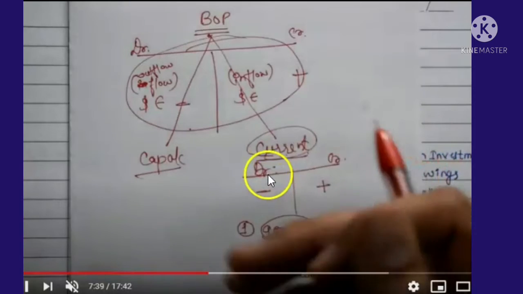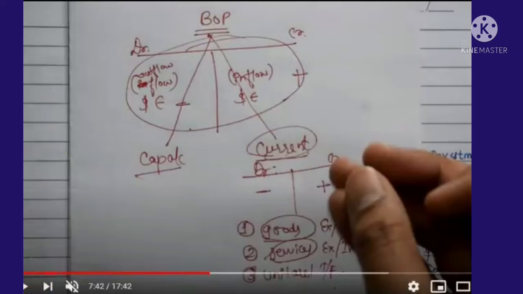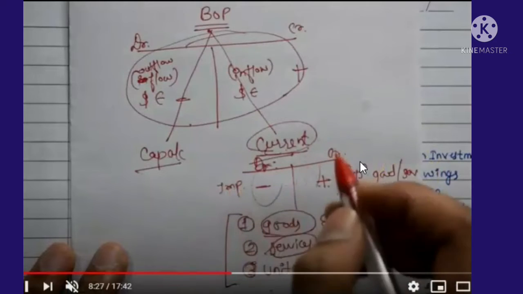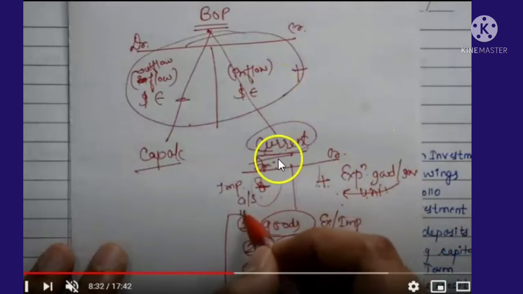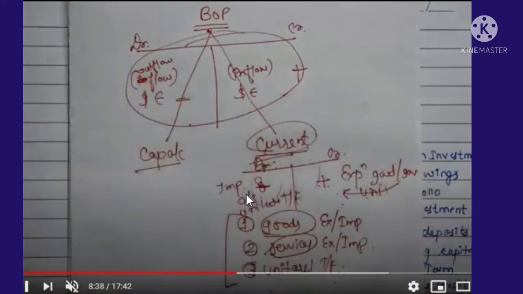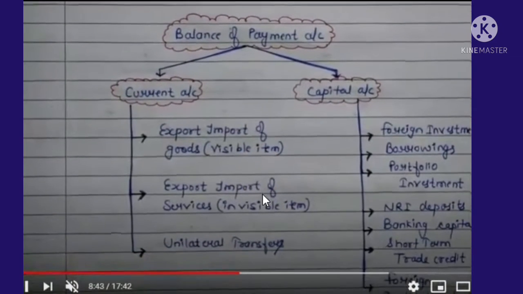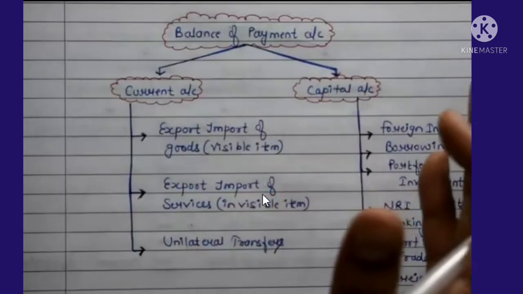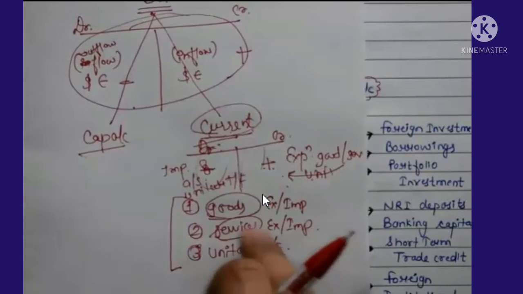Okay, so current account, on the credit side, we can say that the transactions we have are export of goods and services. When we export goods and services, they have to pay us, so that is an inflow of currency. If we are importing, we have to pay them, so that is an outflow of currency, our currency has flowed out. Unilateral transactions are also included in this. That is, somebody from abroad is paying us or we are paying abroad, so that may also be considered under current transactions.